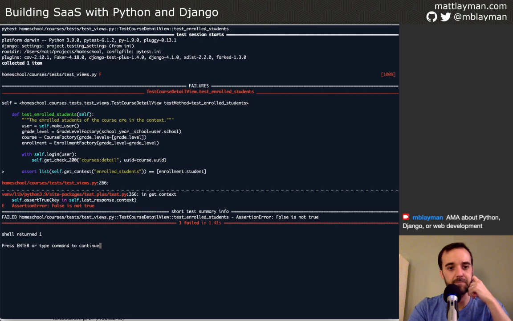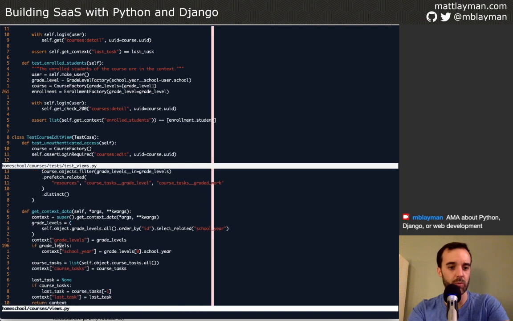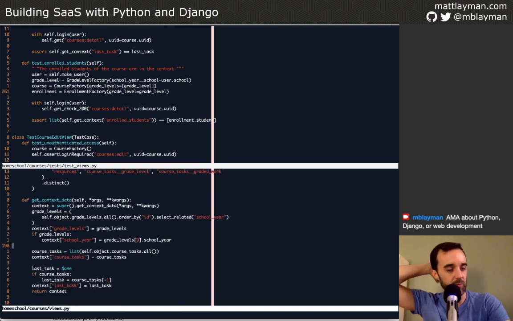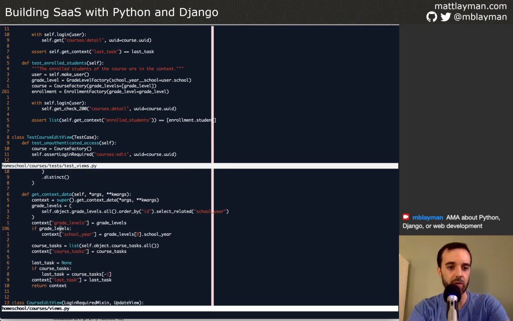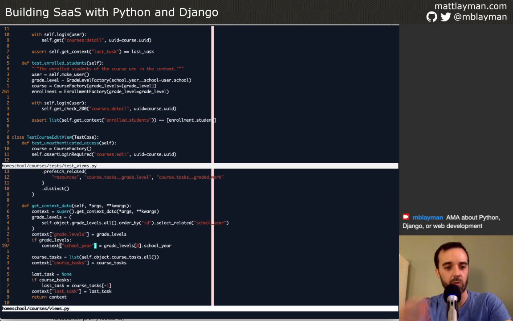because, well, we haven't put that context in there. So it's first complaining like you don't have that in the context. So now I think we have our working test that will prove this is right. And we only want to include the enrolled students when there is a grade level. And we already have the grade levels because we've already filtered on that. So we need to get the students